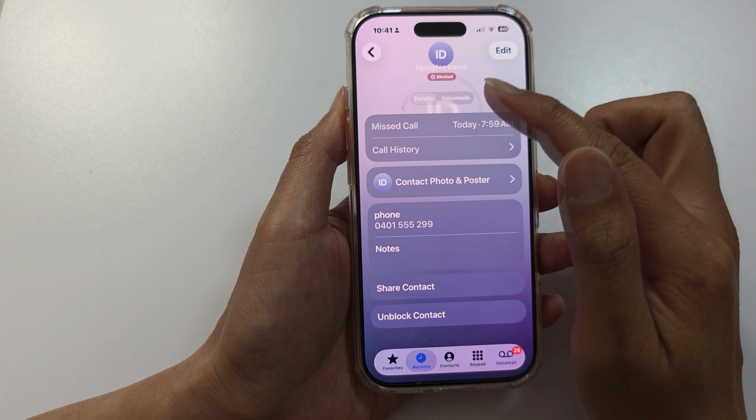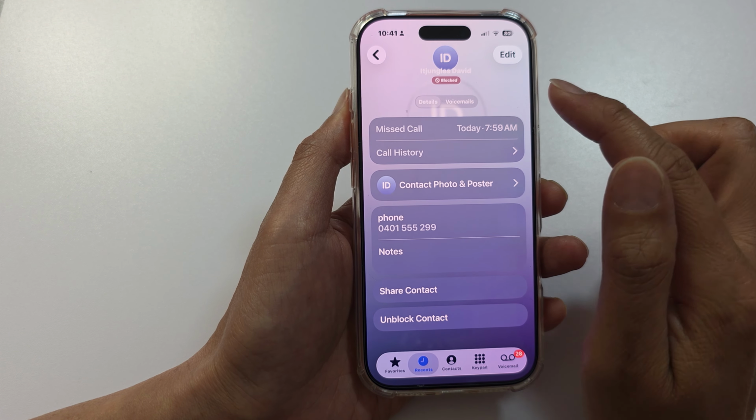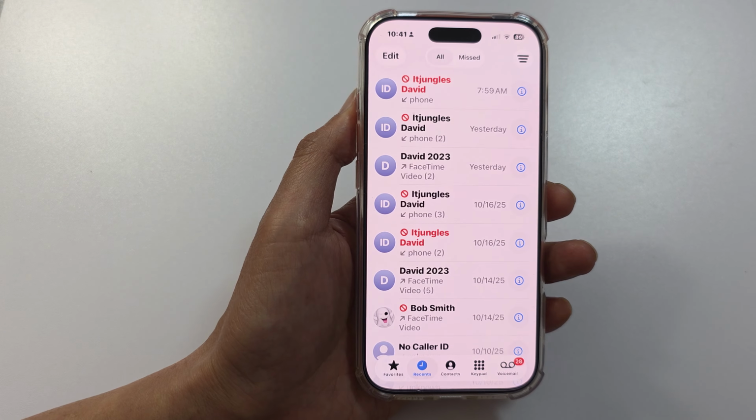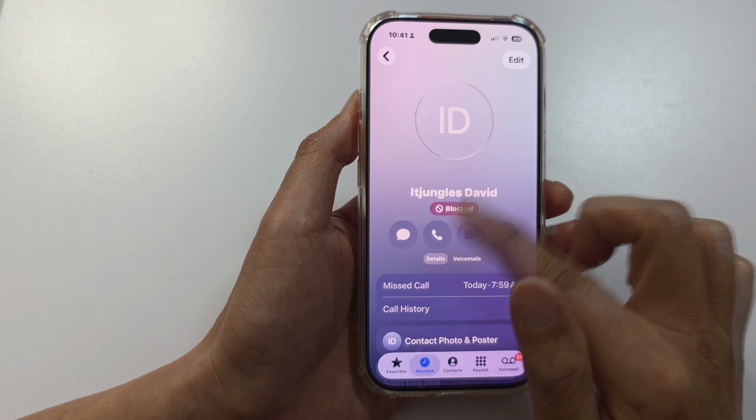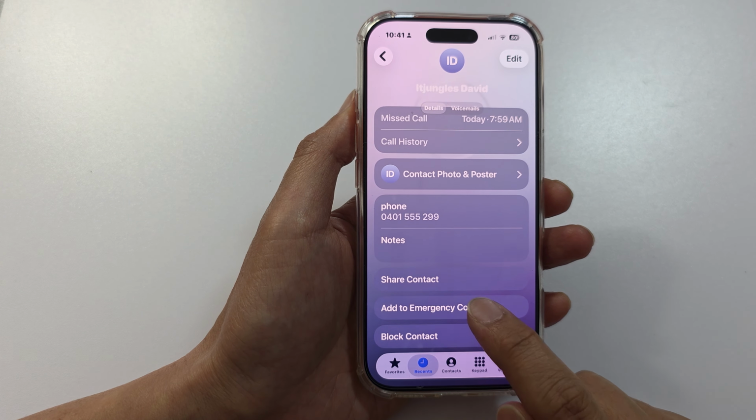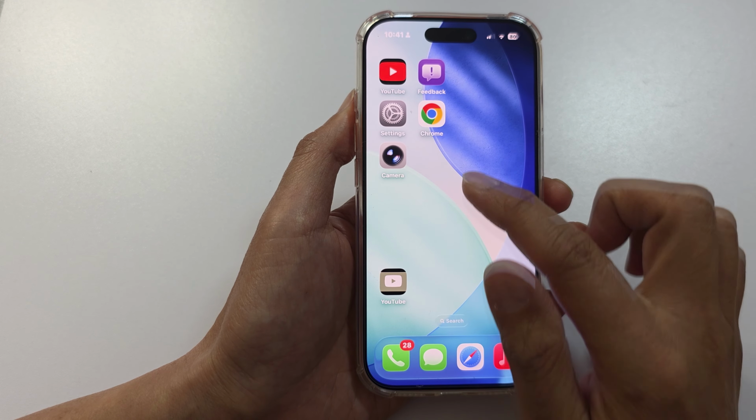Now if you want to unblock it, you can always go to the block list and unblock them. Once they are blocked, you can see there is a block icon. You can always go back in here and unblock them, or you can unblock them from the contacts in your